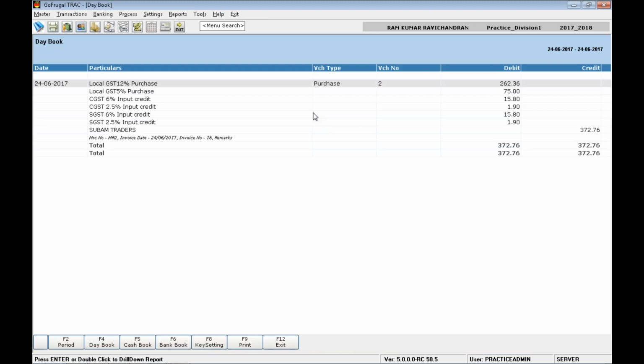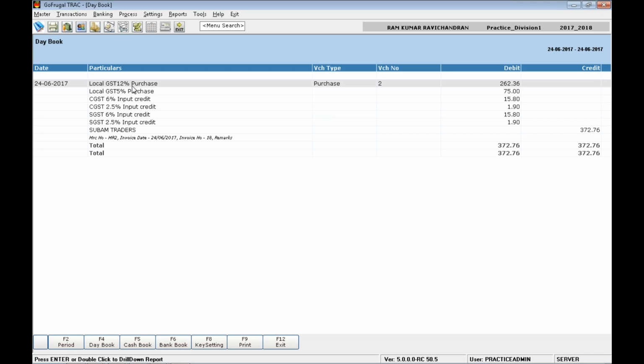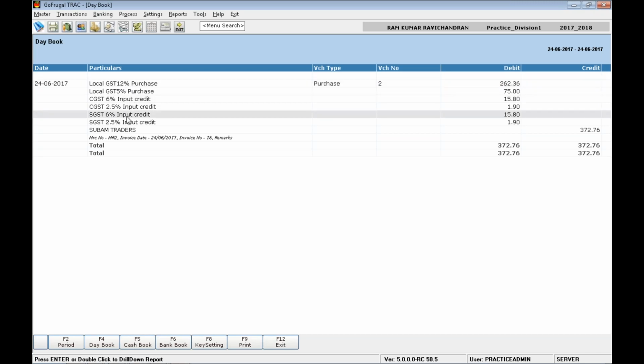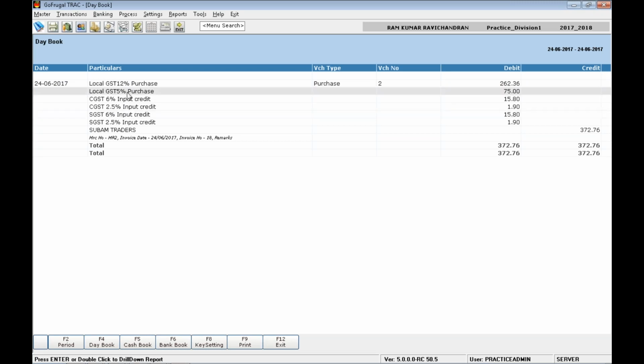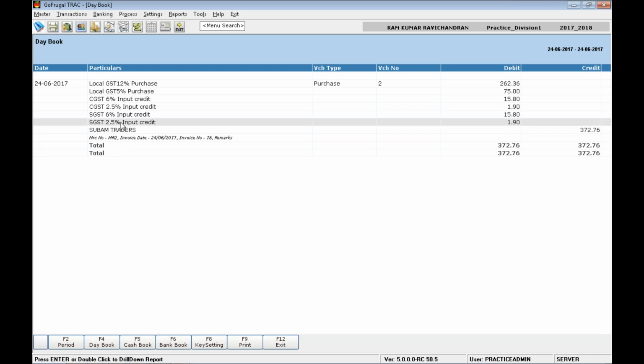In the day book, we can clearly see the details of the purchase entry for GRN 2. For the GST 12%, CGST 6% and SGST 6% have been calculated, and for the GST 5%, CGST 2.5% and SGST 2.5% have been calculated for Subham Traders.